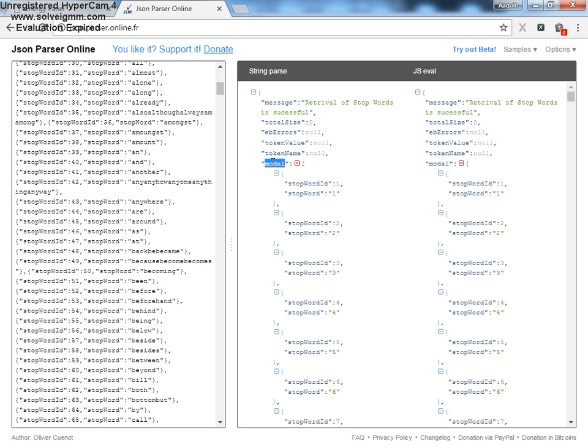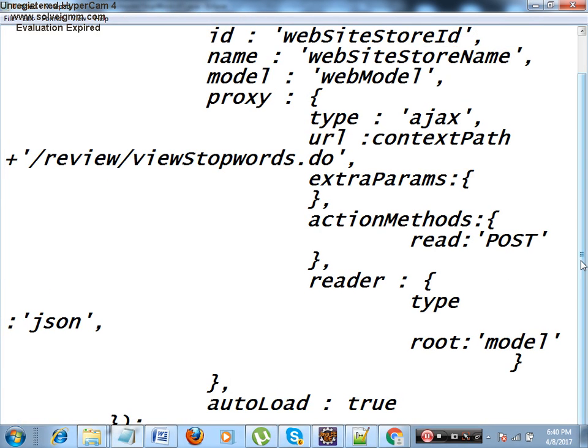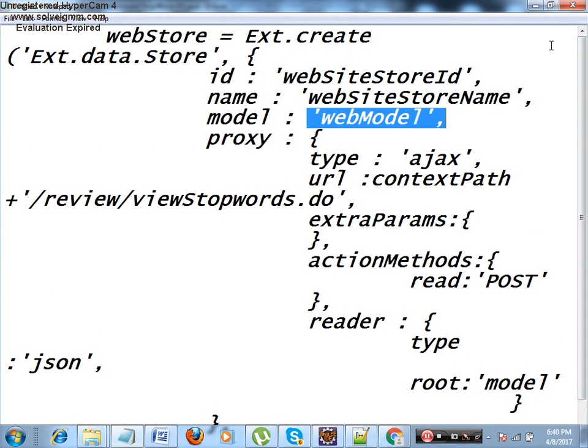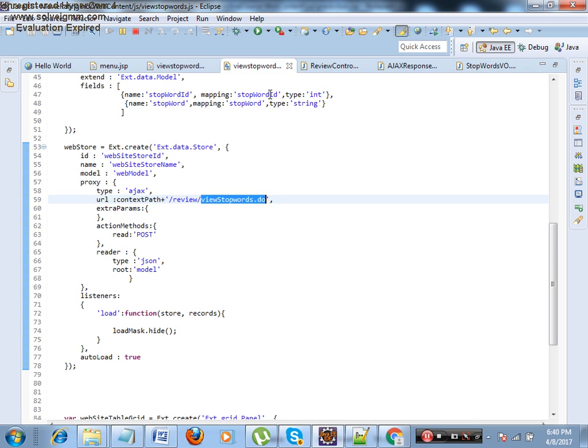Stop word ID and stop word are there. And if you go to your store mapping, inside the web model, just now we saw the mapping, stop word ID and stop word. Both are matching, so the data will get bound to the store. Till here you are with me.